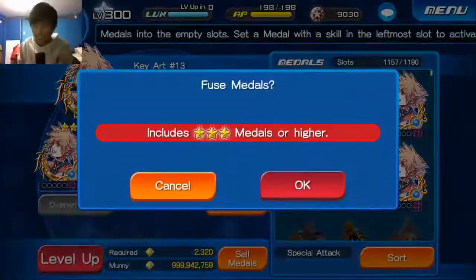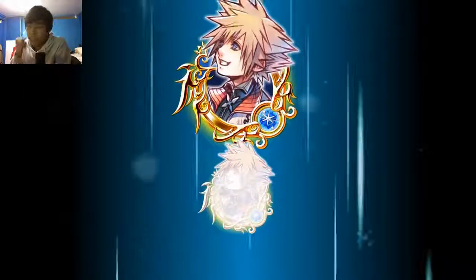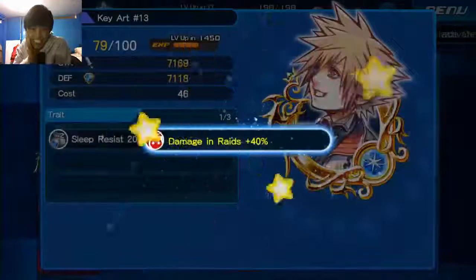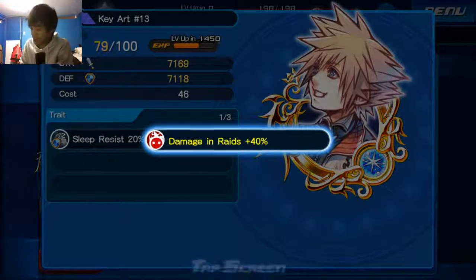Okay, so we got 6 more rolls to go. Let's see what we can pull off. Come on, give us one of the -60s. Give us the -60 or the damage and raids. That would be fantastic. Oh, man. Damage and raids, yes! Okay, alright, that's awesome because damage and raids...